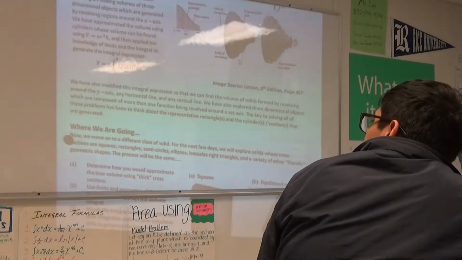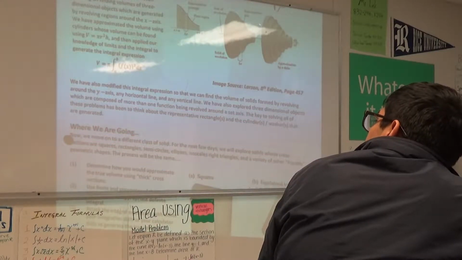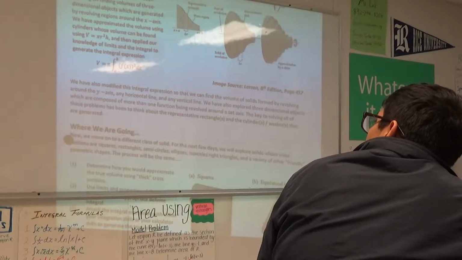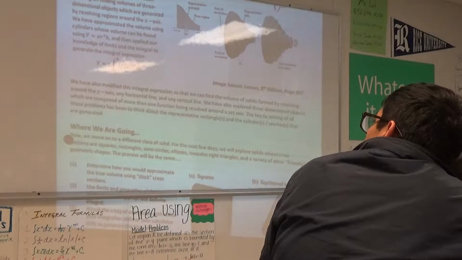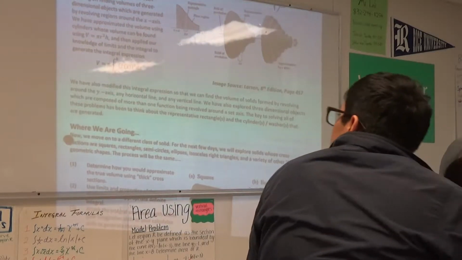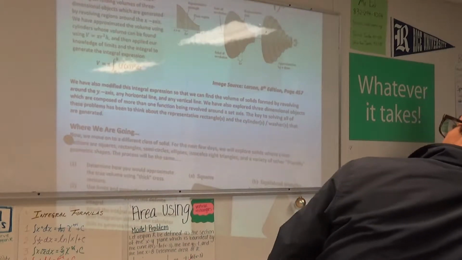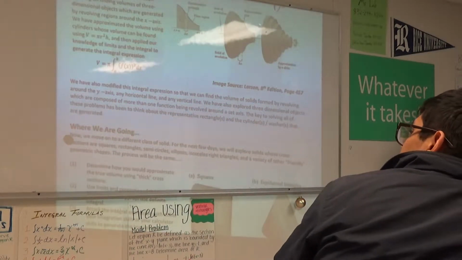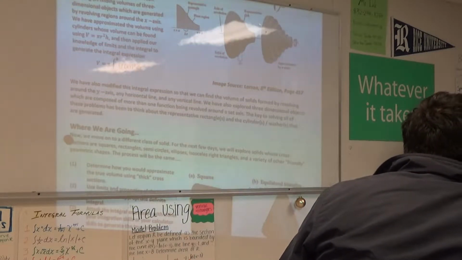Right, we'd make a whole bunch of little rectangles, but really I'm just going to focus in on this one little rectangle over here. And this rectangle has a height. The height of this rectangle is f of x. This rectangle has a thickness. How thick? Dx, or I'm going to go with delta x right now. We would first find the area of the rectangle, and then the next thing that you do,